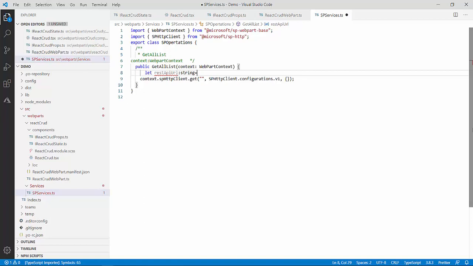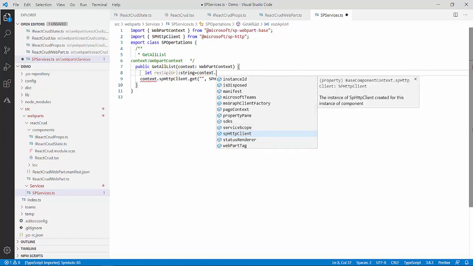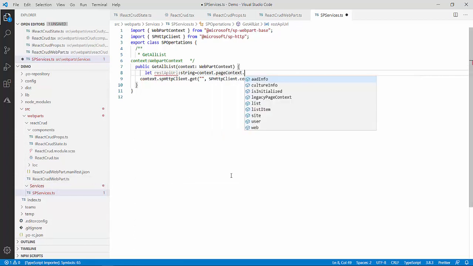To get the site URL I will use this context object. We are passing this context from my component file, and in the component, again I'm telling you, I'm passing it from my webpart file, and in our case it is ReactRedWebPart.ts file. So context.pageContext.web.absoluteUrl.